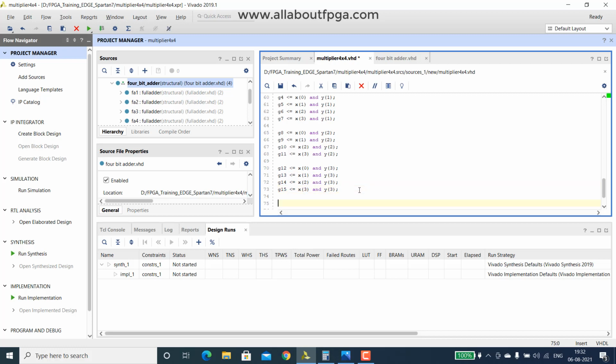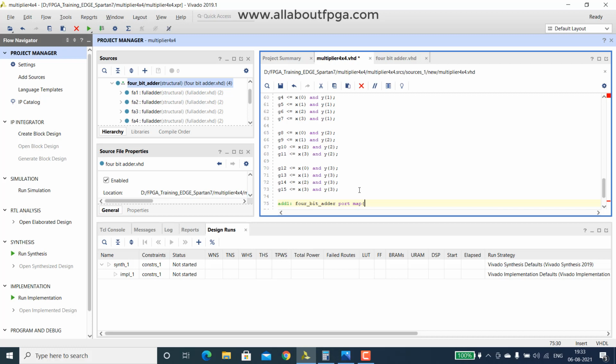Next step would be port mapping the adder. So I name it something like add1 with that 4-bit adder. That name I am providing, component name adder, then port map. Here we can use named port mapping, that is, whatever A is assigned to, we have to provide it clearly.